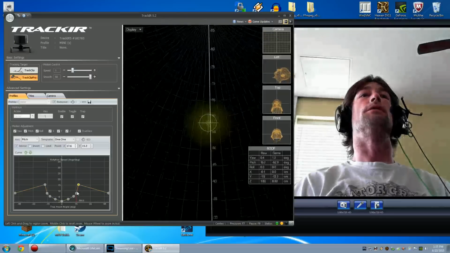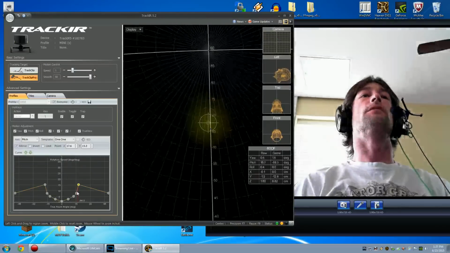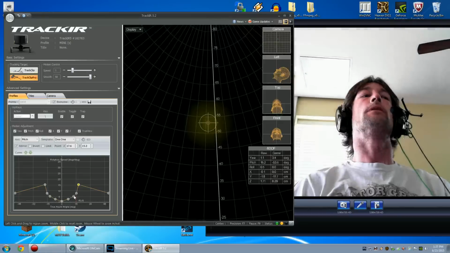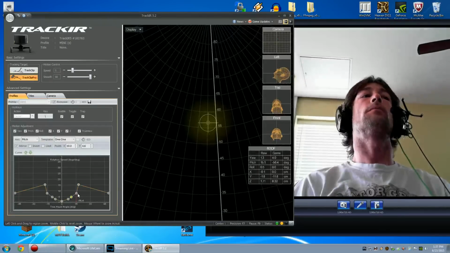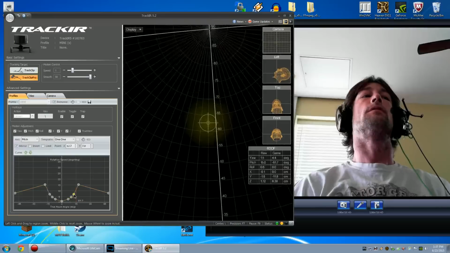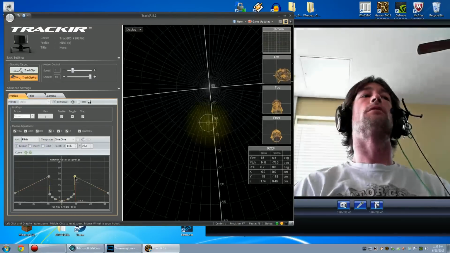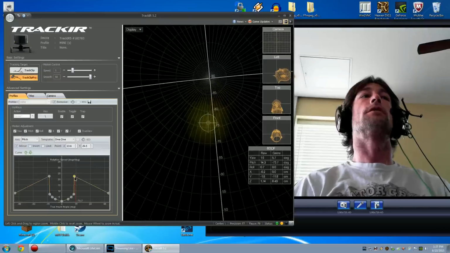And I want it to zip up that last little bit from here to there. But that's too fast, right? So I'll bring this down. I'll bring that over here. And at a true 15 degrees, I can adjust and set